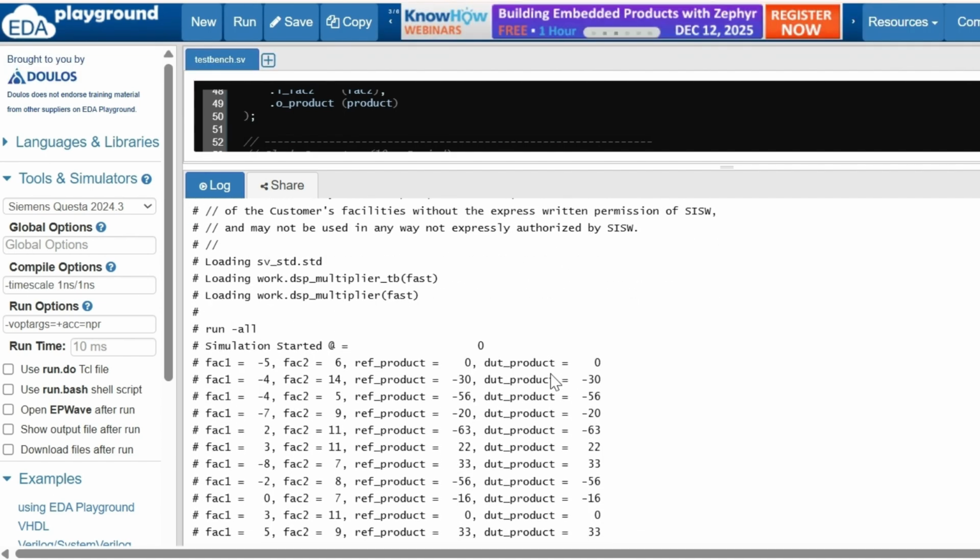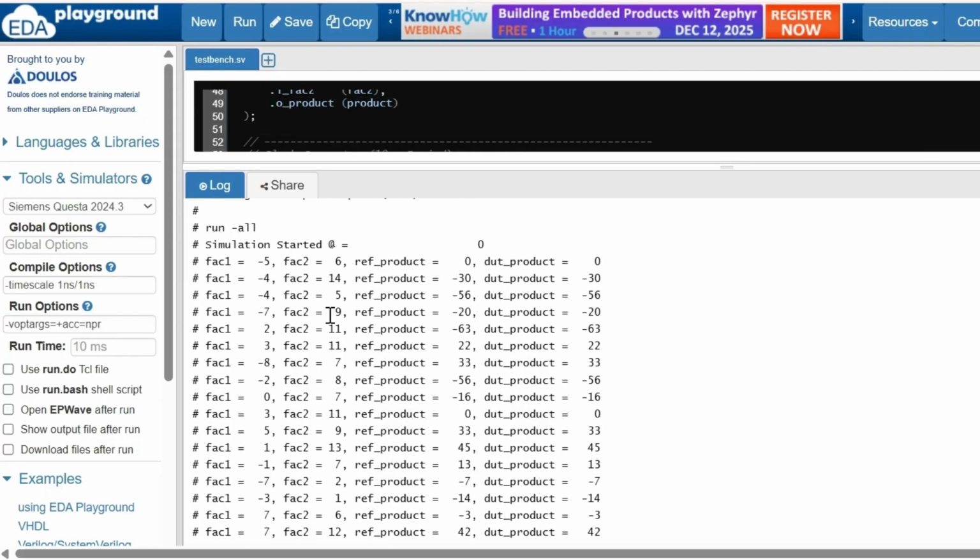Now let's understand the logs for the simulation. The simulation started at time 0, and our first value is factor 1 equal to minus 5, and factor 2 equal to 6. So the result we would get is 30. But this 30 we will get at the next rising edge of the clock, right? So at the present rising edge, since it is at the point of initialization